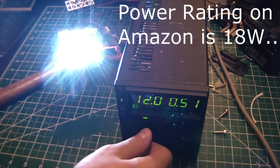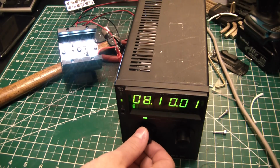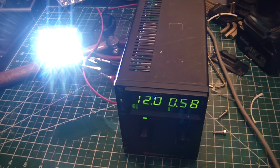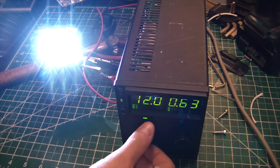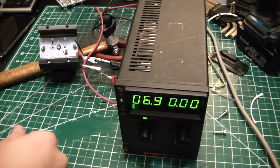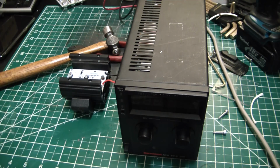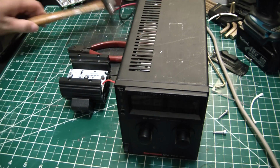I'm smelling some bullshit. That is unfortunate. I'm calling bullshit on the 18 watt rating. You know, more like 6 or 7 watts is what you're really going to get out of these. But otherwise a nice product. So let's unmount this sucker now and see if we can't stick that board in our